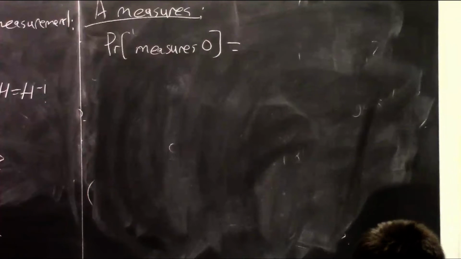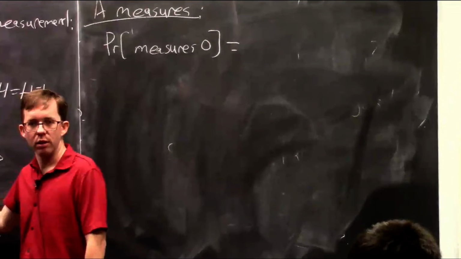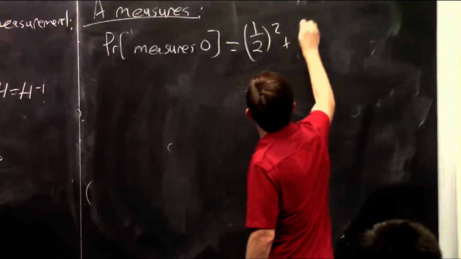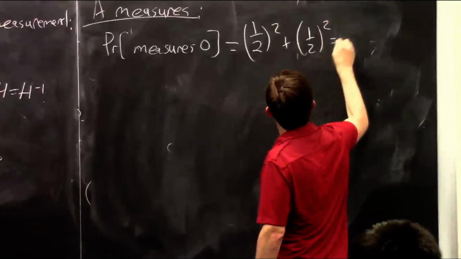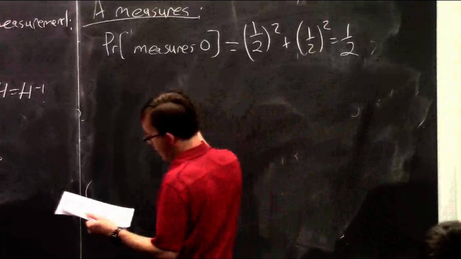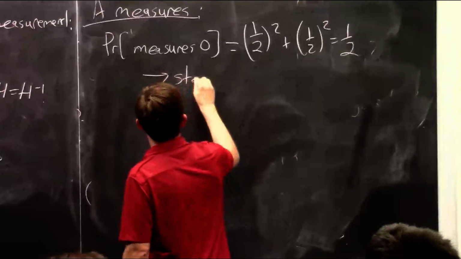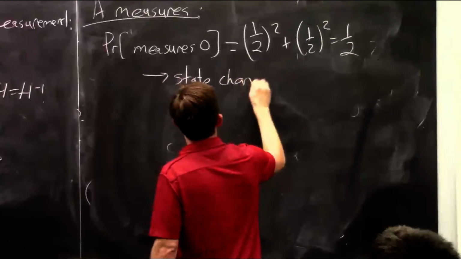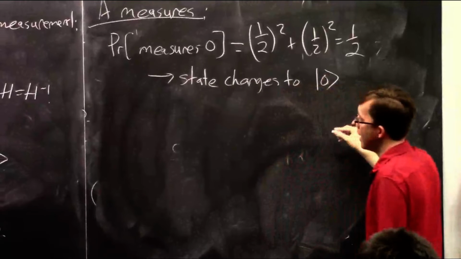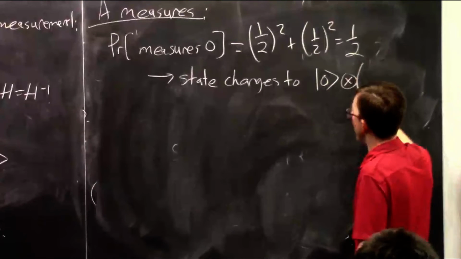So we get a half squared plus a half squared, which is a half. So there's a 50% chance she gets a 0. And then the state collapses to this unentangled state, 0, tensored with